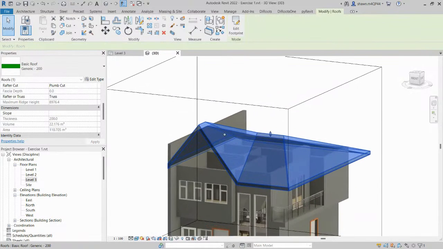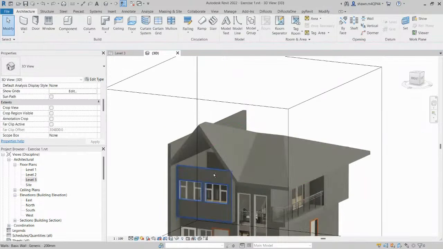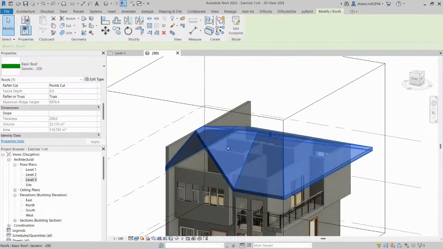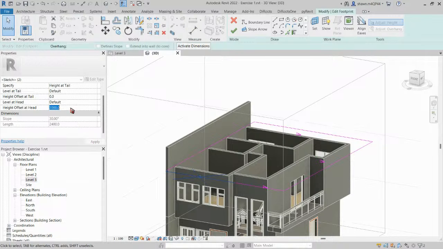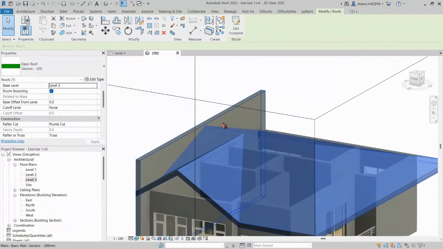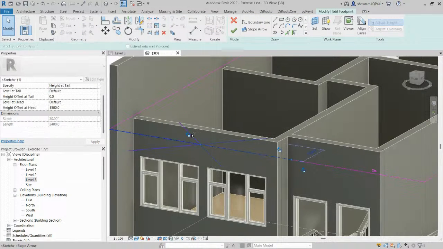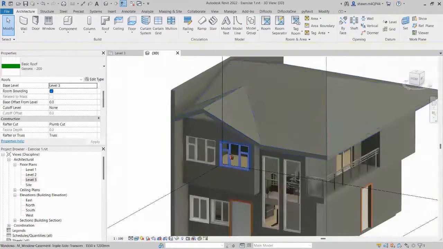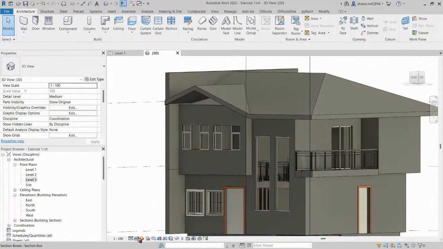Just try to make sure that it will work. Okay, so now let us try to set the height. Okay, I think that will do. I have to make it lower, say 1000 or whatever value you want. Right. So you have the roof for your